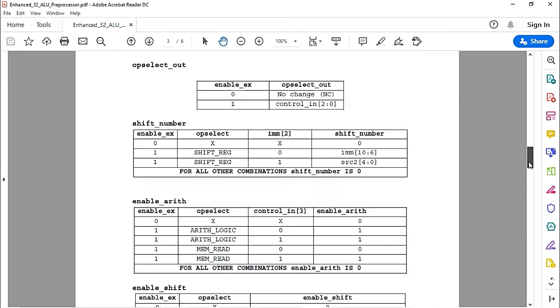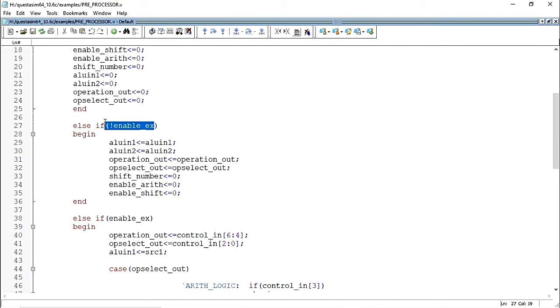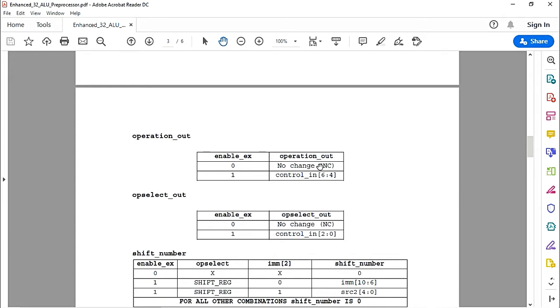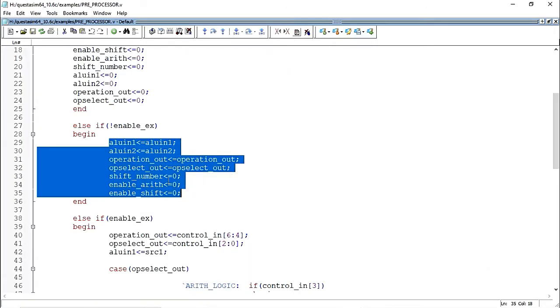Similarly, we have to start here. Reset is over. Once reset is over, the real behavior of the preprocessor will start to work. So here you see the signals of the preprocessor. First of all, you have to start with the most left side. It starts with enable X. If enable X is 0 or 1, some operations are going on. Enable X is the main thing to select the operation. Output just depends upon enable X, because this enable X will activate the preprocessor. Due to that only output will come. If it is not active,